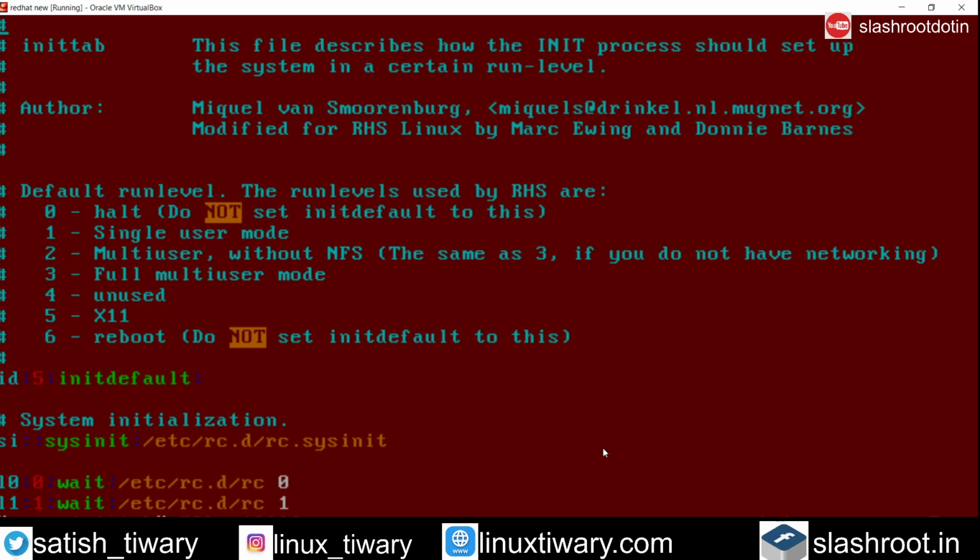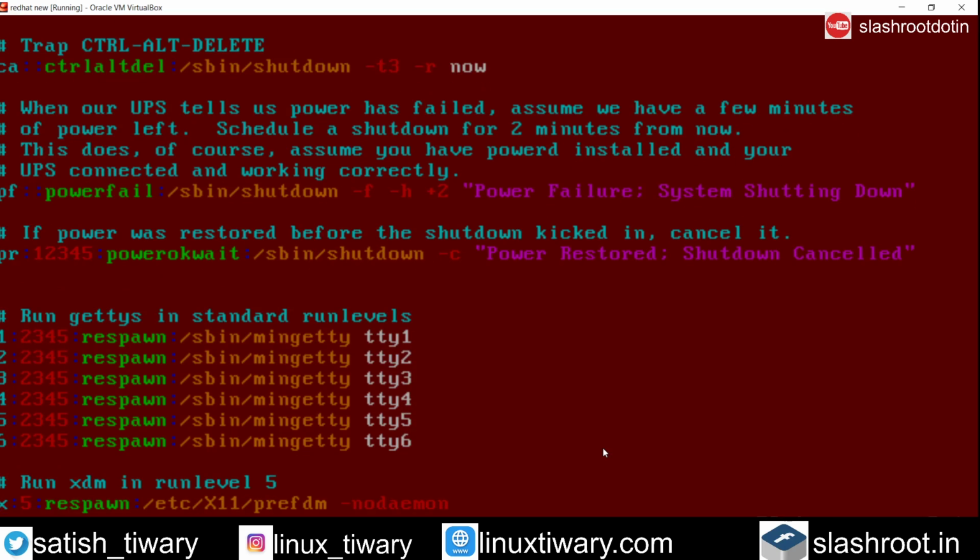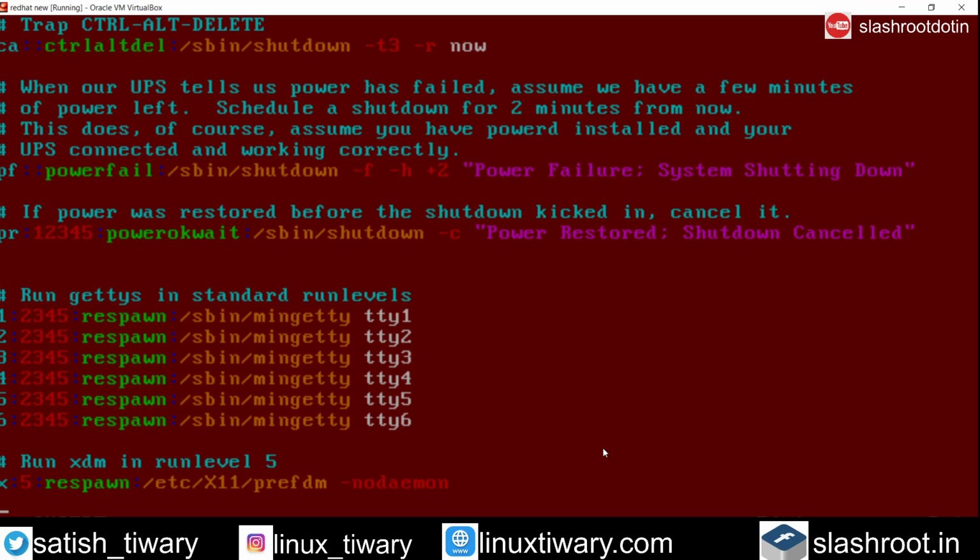Okay, let's see. Just go to any line, you can even go to the last line. So I am going to the last line, go to insert mode, and here I am going to add a line. First you have to use the value, then colon, capital S, and then colon